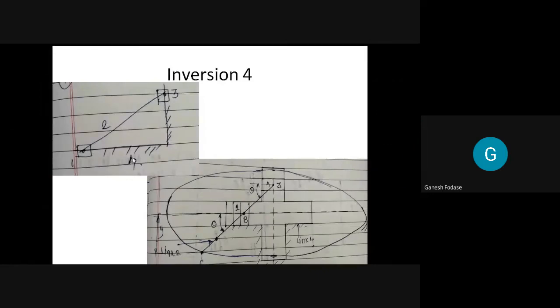Here, when links 1 and 3 are fixed, what do we obtain? Example: the Scotch-Yoke mechanism. And when link 2 is fixed, we obtain the Oldham coupling. The remaining one is now the fourth link. Now see, it's very easy. Which kind of pair is formed between the fourth link and the other links? The fourth link forms a prismatic pair with links 1 and 3.